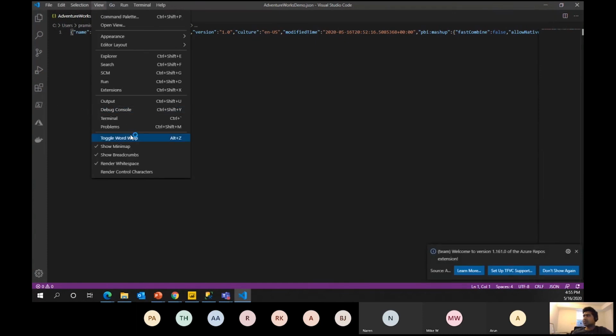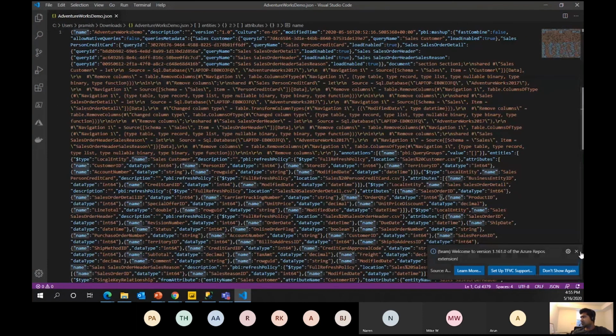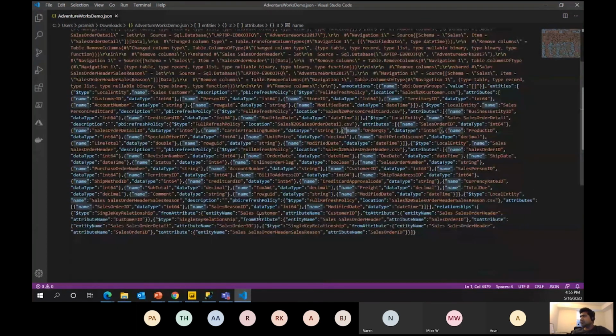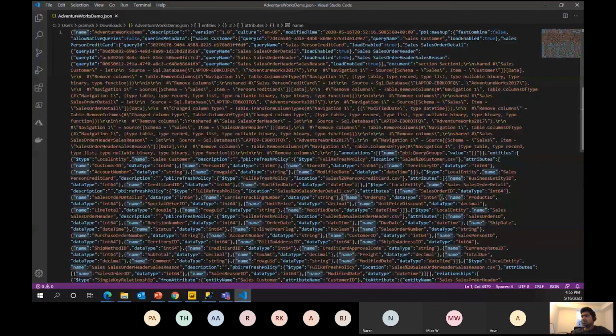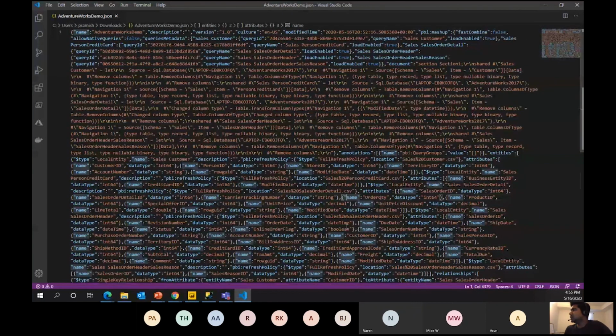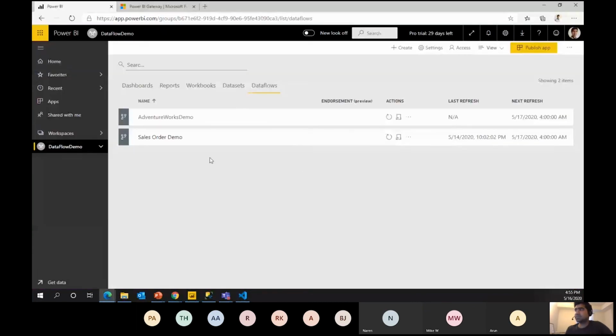Okay, 1 second. Okay, it's not in proper format, but that should be fine. So you see internally it's storing the data in JSON format in data lake Gen2, but I wanted to show you even the source. Okay, let's close this and try to refresh it once.